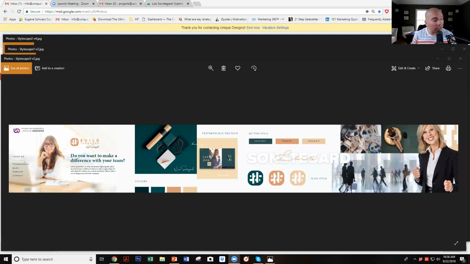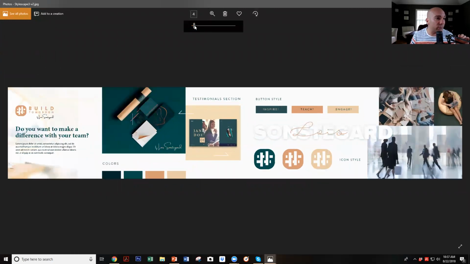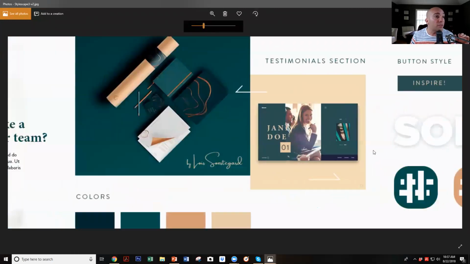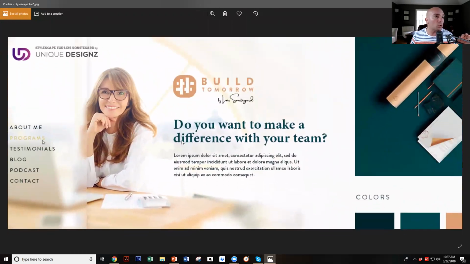So once we develop all of that information, then we can get into the Stylescape process and really start to point the direction of the brand's look and feel. What we typically do is create 3 different looks and feels. Now, these Stylescapes aren't used for promotional use whatsoever. These Stylescapes are developed to